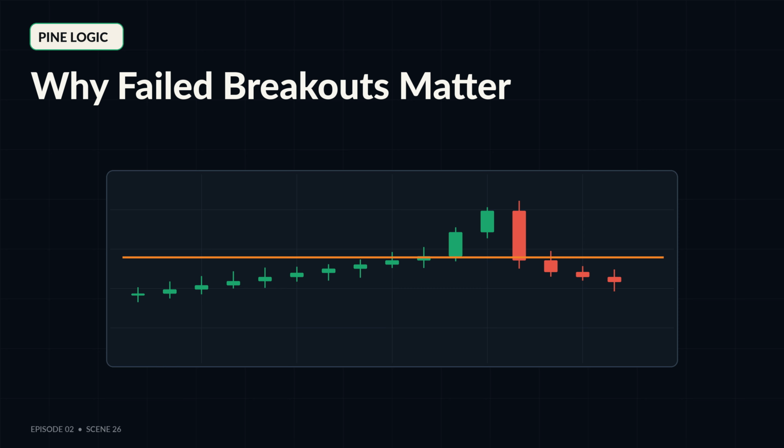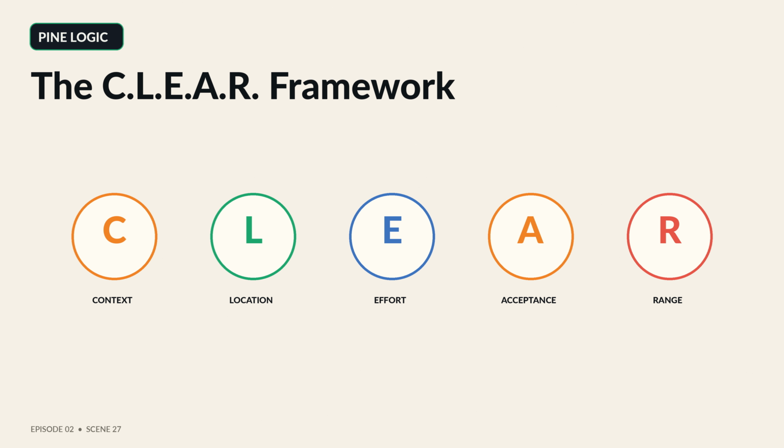A failed breakout can be more informative than the breakout itself. Price trades beyond an obvious level, cannot remain there, then returns inside the old range. Traders who chase the break are suddenly positioned at poor prices. Failure is information. Here is the reusable Pine Logic